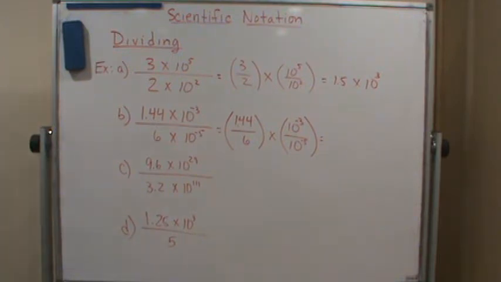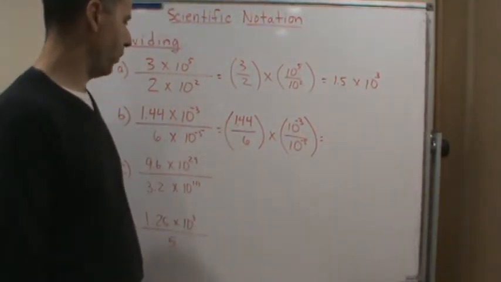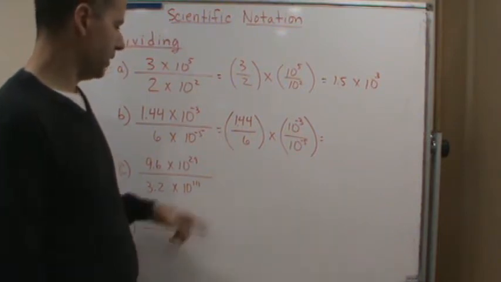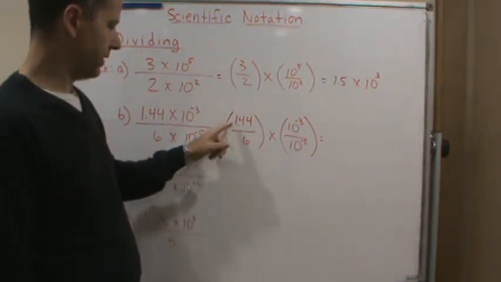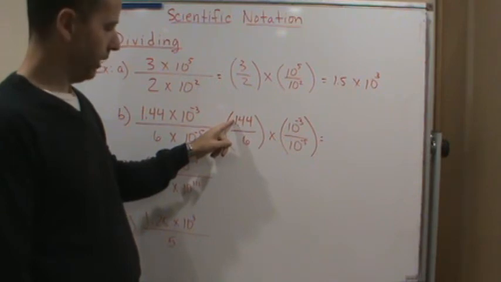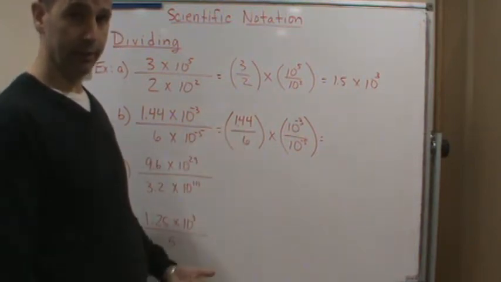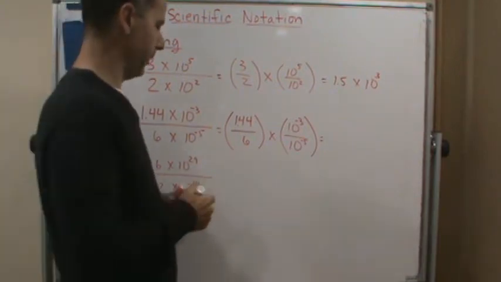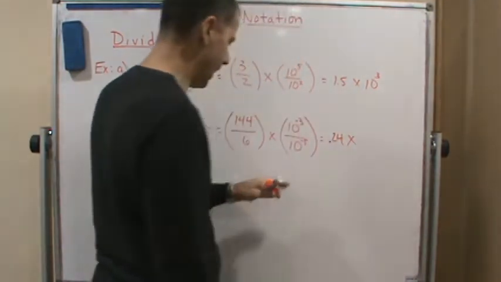And so if I divide the 1.44 divided by 6, that's going to give me 0.24. Okay, because 12 goes into 144 12 times. So 6 is going to go into 144 24 times, but since I have a decimal point in here, I move the decimal point over to the left to place value, so I get 0.24. But again, you can use your calculator. Okay, so 0.24, this is going to be 0.24 times,